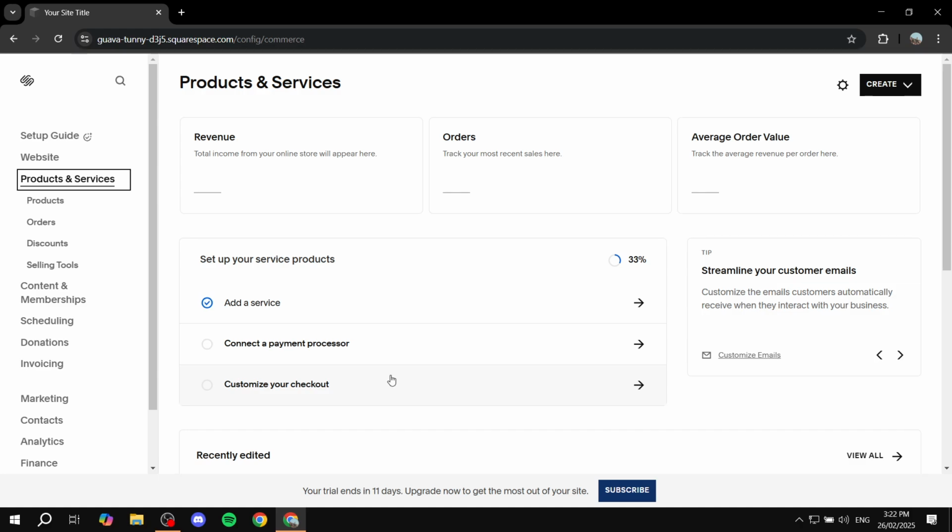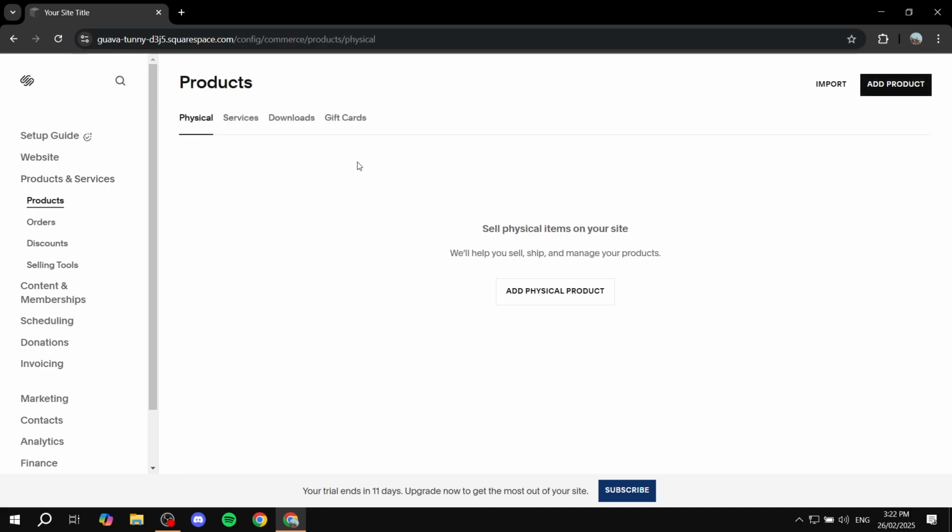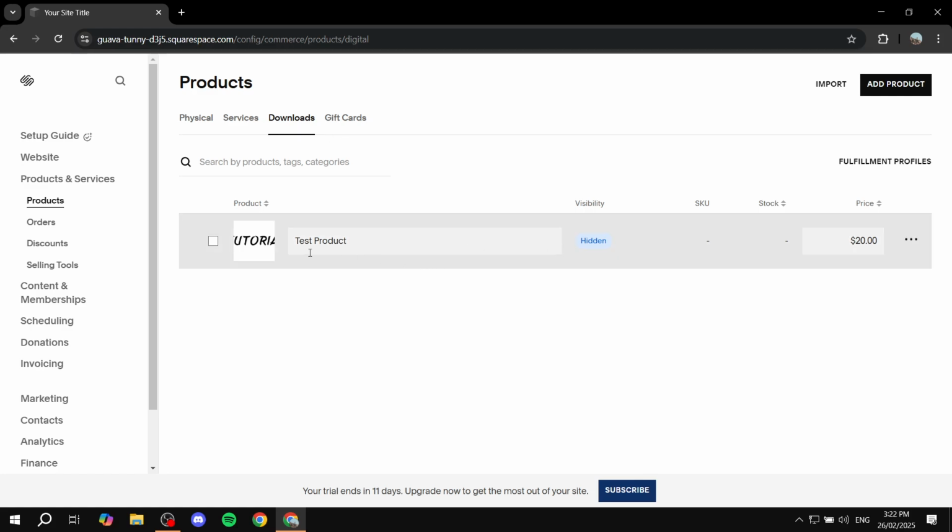Okay, so now that you added your product, how to actually find it and manage it is going to be within the products section. And then you're going to find this to be empty. You may panic a little bit, but then you go to downloads here at the top, and you should be able to find it right away. And then you can just set up the visibility to be public if you want, and now it is published